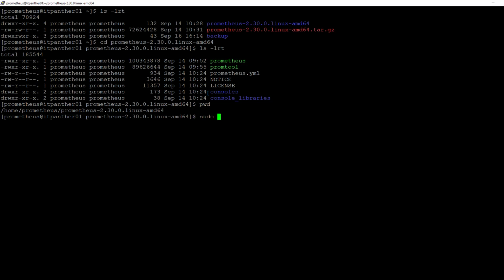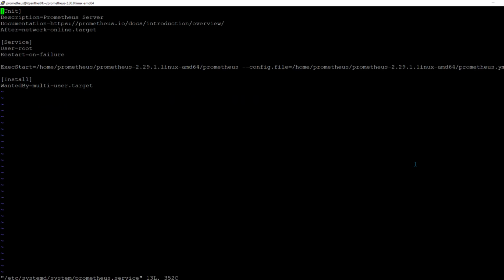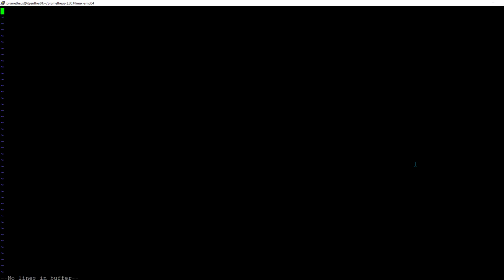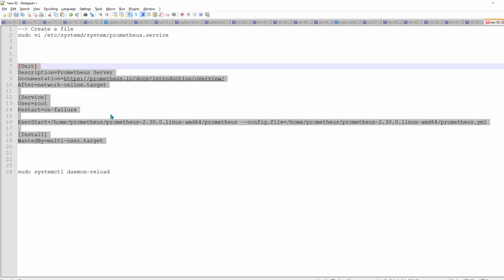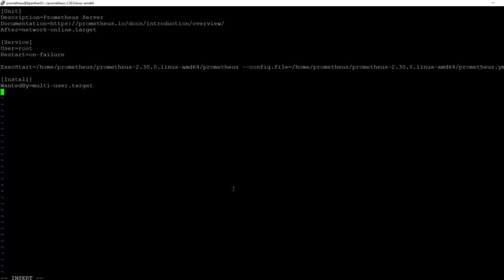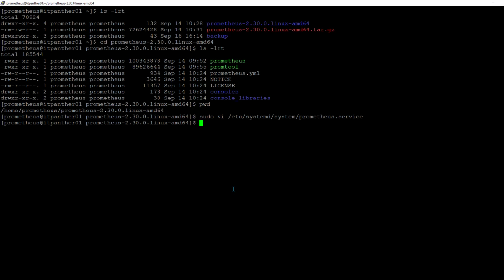So we need to say sudo vi. I'm going to create this file prometheus.service, and remember this is being created under /etc/systemd/system. So that's why we need to use sudo, because only the root user is going to have access to this. Now hit enter and you are going to see there are some instructions already written here because I just installed it previously. Now I'm going to delete everything available here, and we are going to write everything from fresh. So whatever I have written here, I'm going to select it, paste it here, save it, and now we are good to